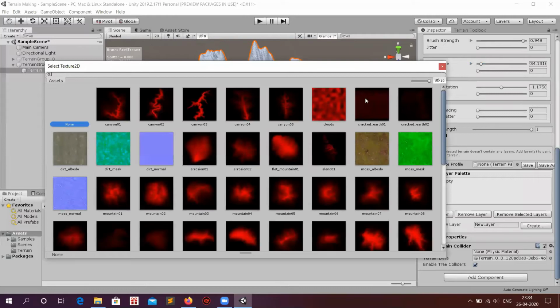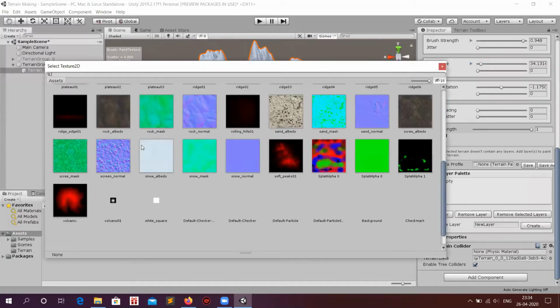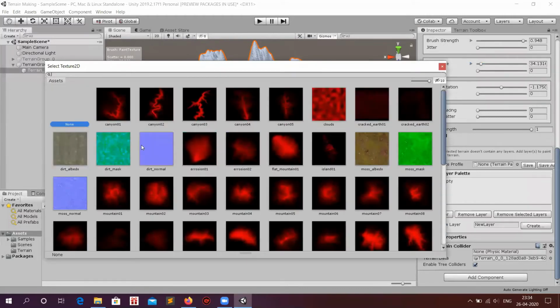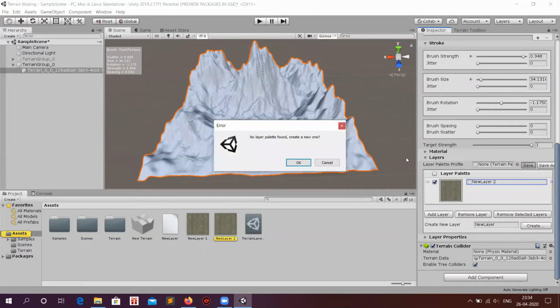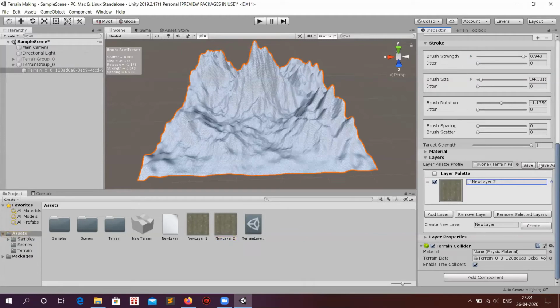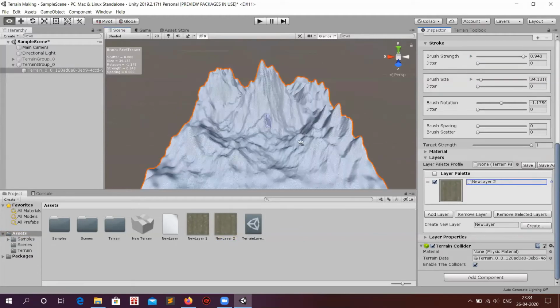So in the layer palette, you need to select the create option, and as you can see there are a lot of images that were imported when you imported the terrain sample asset from the asset store. So we will use this dirt texture over here, and we will save this.